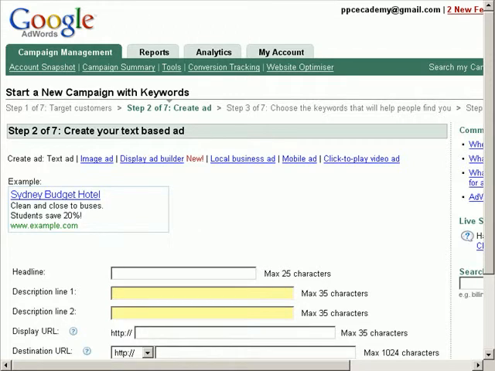Okay, here is where you get to create a new ad for your ad group. As you can see here, you can choose between a text ad, an image ad, a local business ad, a mobile ad, or a video ad. We'll go into these other ad types in a different video, but for this example we're going to create a